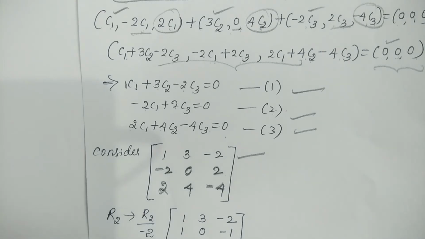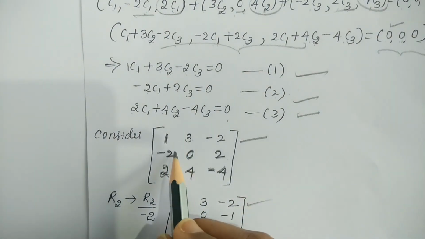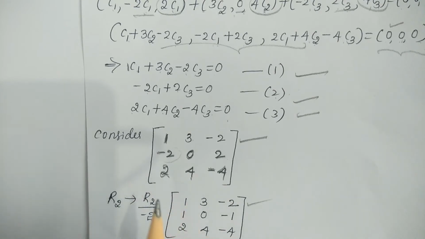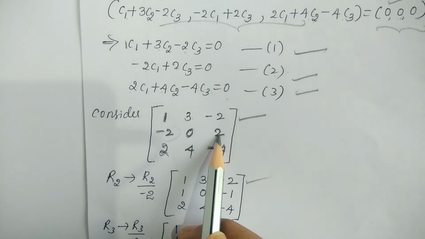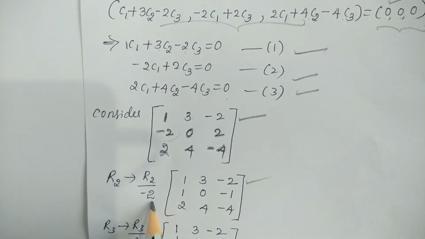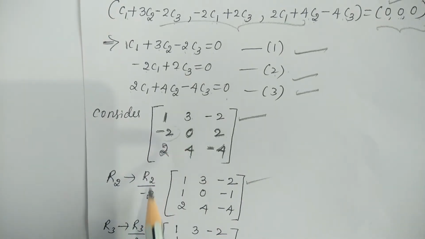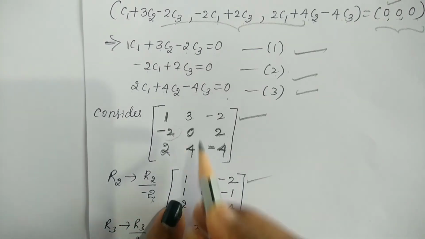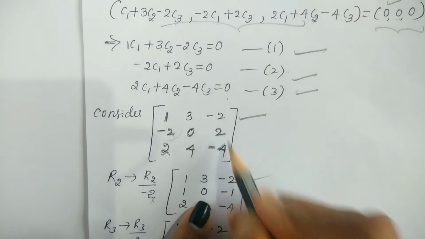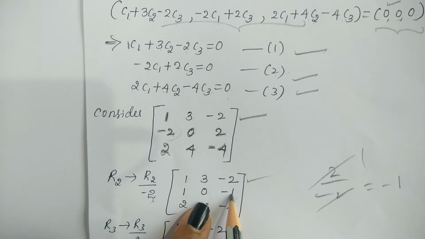Okay. So now reduce this to row reduced echelon form. For that, the first entry is 1, so row 1 is correct. Next entry, make this one and this one 0. For that, here we have to just divide this by minus 2. Why am I taking minus 2? Minus gets cancelled, we remain with plus 1. For that I am taking R2 changes to R2 divided by minus 2. So minus 2 by minus 2 is equal to 1. 0 by minus 2 is 0. Next, 2 by minus 2 is minus 1. So minus 1, this is over.